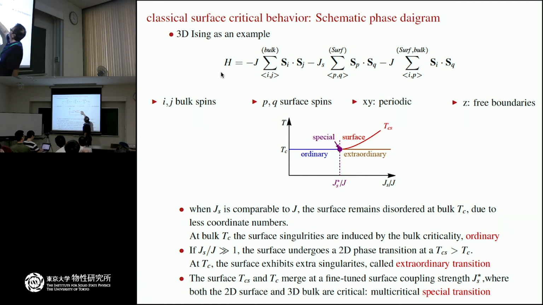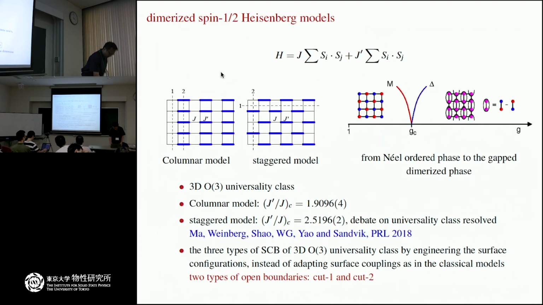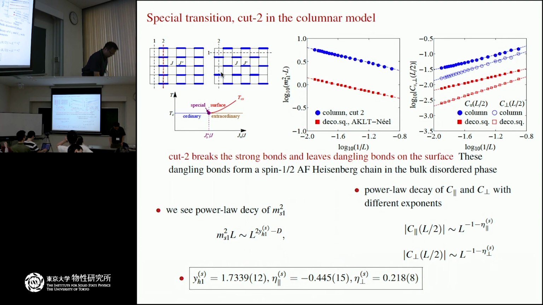That means I don't know what is here, what is here. I only know here. I mean that only for type 2 cut, changing J prime over J corresponds to changing temperature in the classical phase diagram, right? No. Well, why not? Because here, this ordered phase corresponds to the paramagnetic phase in the classical phase diagram, right? Yeah. So therefore, controlling J prime over J corresponds to controlling temperature in this phase.